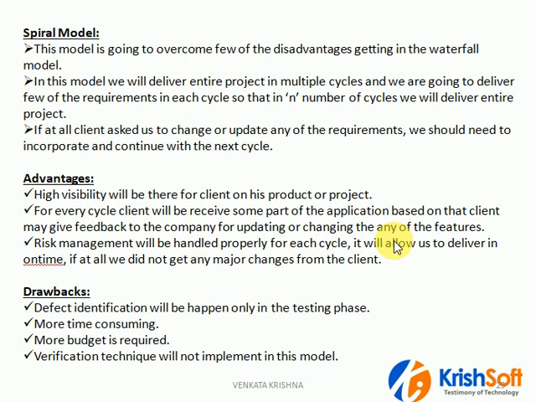Hi, in this video we're going to discuss one more SDLC model, that is the spiral model. In the waterfall model we have seen the drawbacks, because after completing each phase we move to the other phase. The problem here is after coding is completed, the requirements keep on changing, then again we need to start from the requirements phase. It is a huge budget to the client and it is going to take a lot